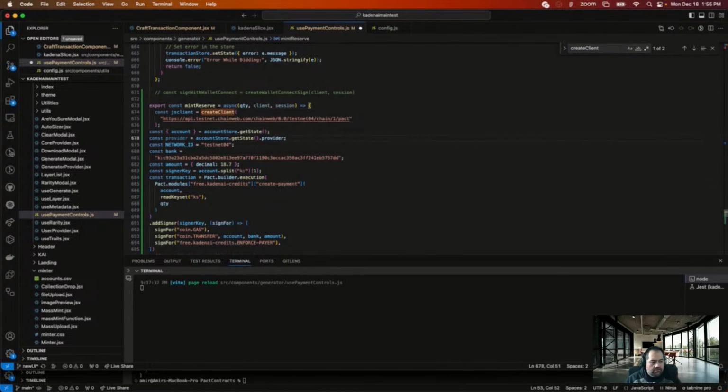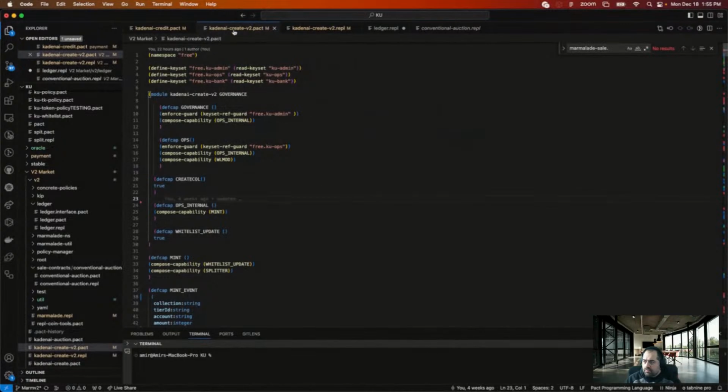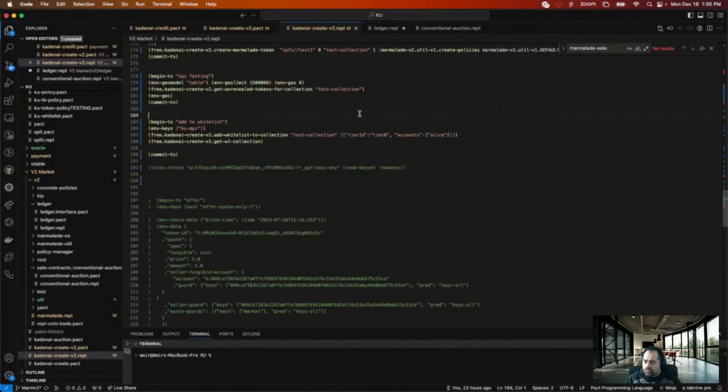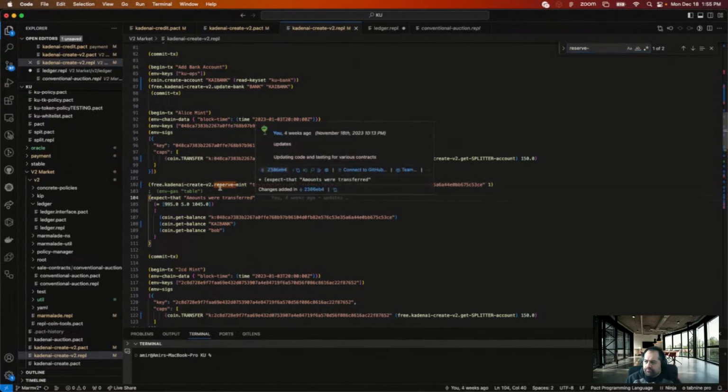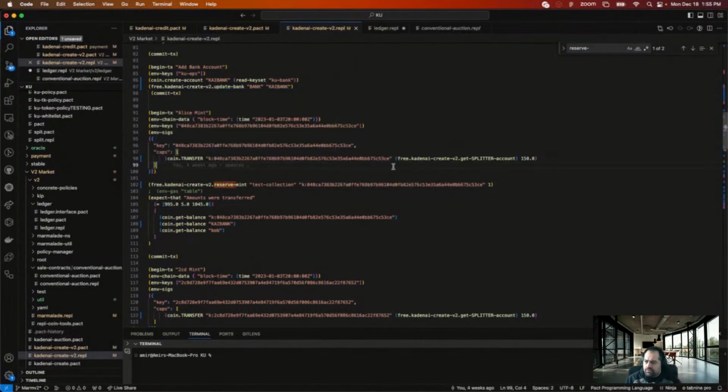Create account. Hey, Hawk, how you doing? Let's look at our contracts. Okay, so Ripple reserve. So we need a transfer cap.